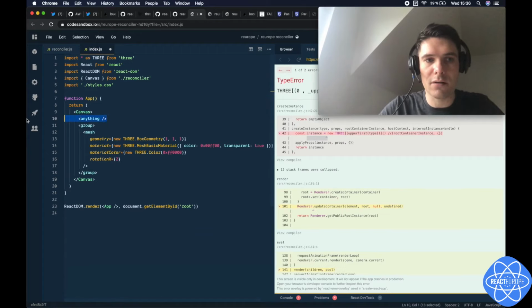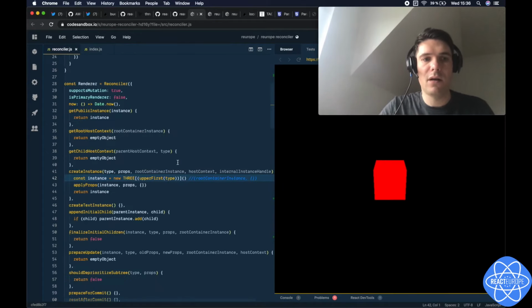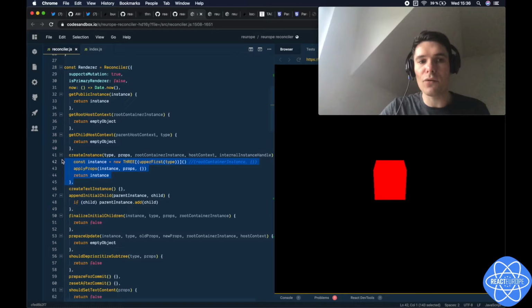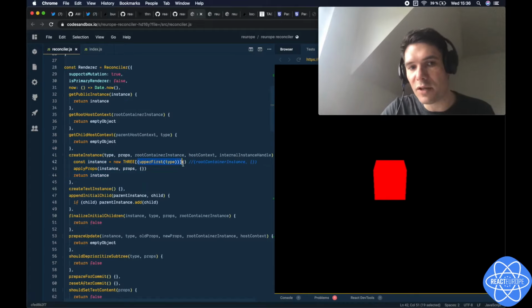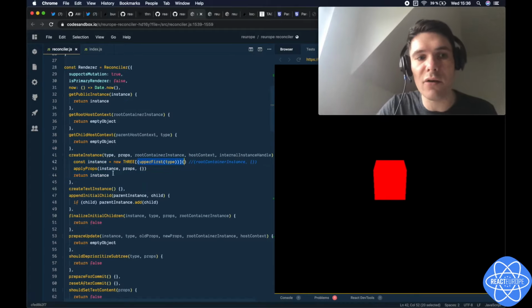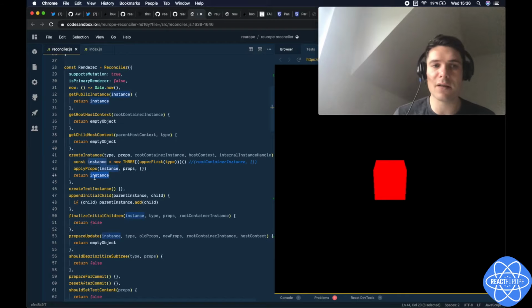So remove this real quick. My job in here is to create an object, a real Three.js prototype, for instance group. I do this by just passing in the type in here, and I hand it back to React. React doesn't know what this is, it doesn't know how to deal with it, it just maintains it for me,